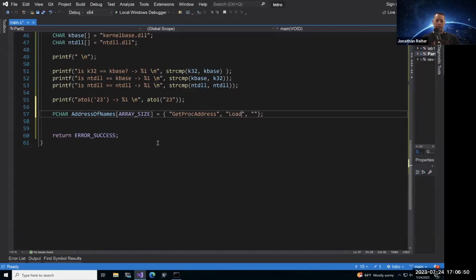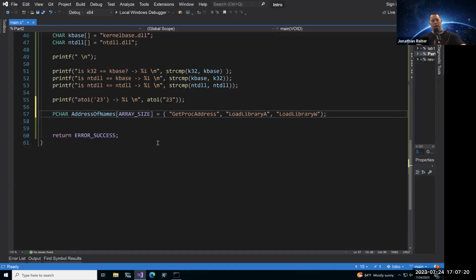Let's go ahead and say LoadLibrary. LoadLibrary is another Win32 function, but in reality, LoadLibrary is what's called a macro, and a macro can be expanded to the ASCII version, LoadLibraryA, or it could expand to the wide character version, or the Unicode version, of this API.